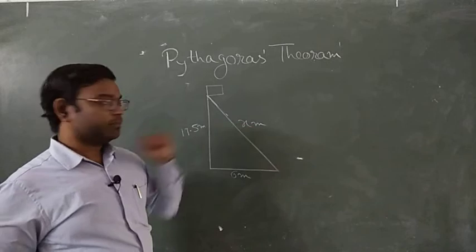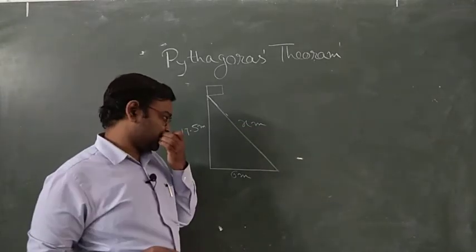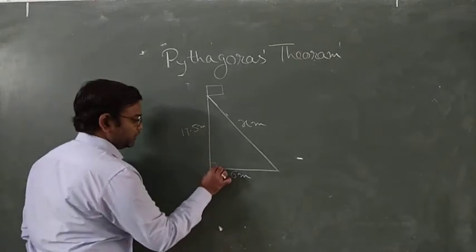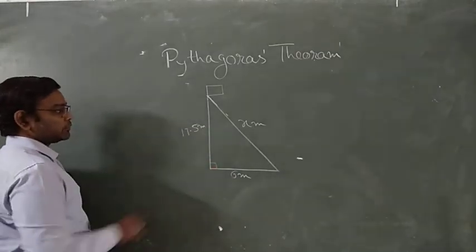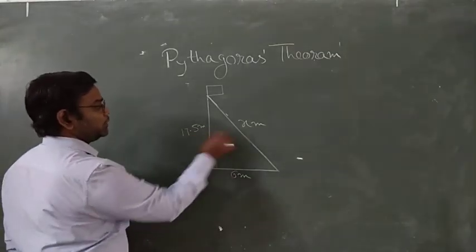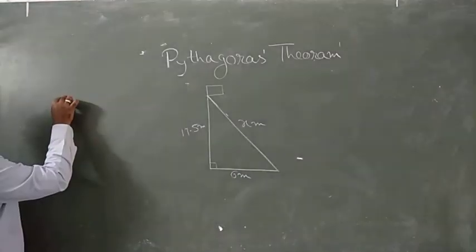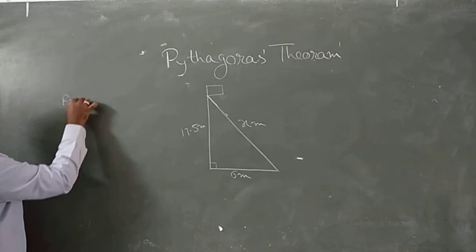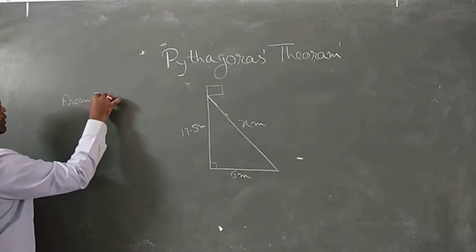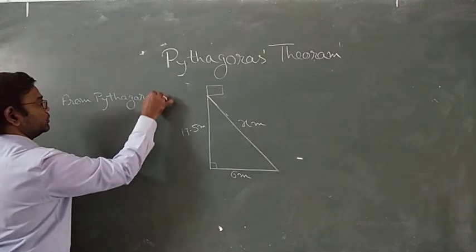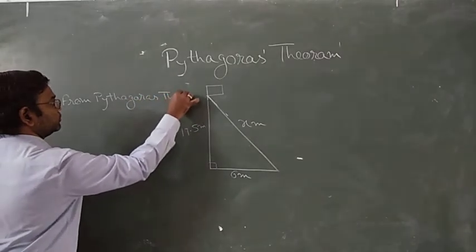We suppose this is x meter. So what this looks like is a right angle triangle. We know the base, we know the height, we have to find out the hypotenuse. So by applying Pythagoras theorem, we can write from Pythagoras theorem,